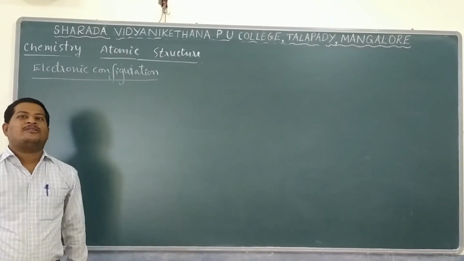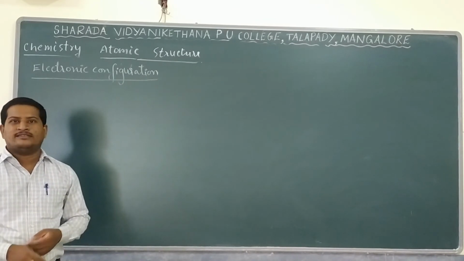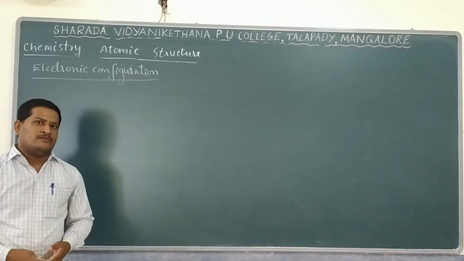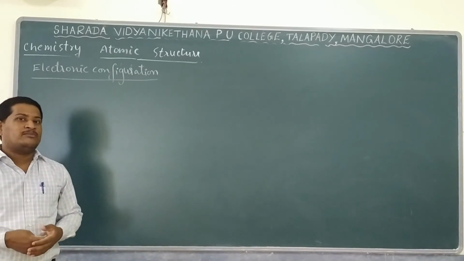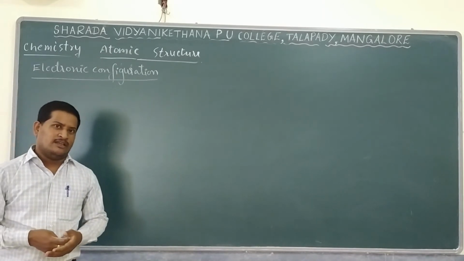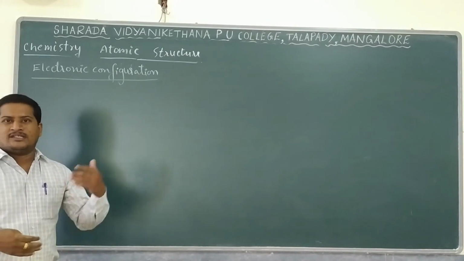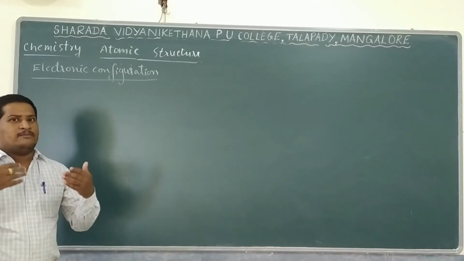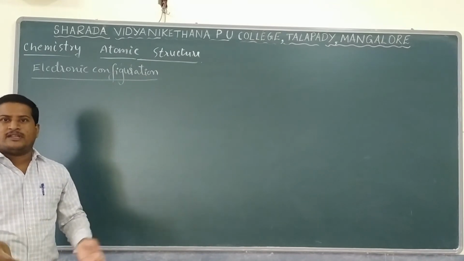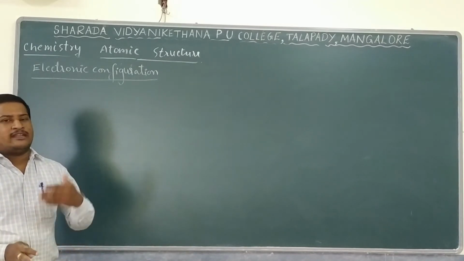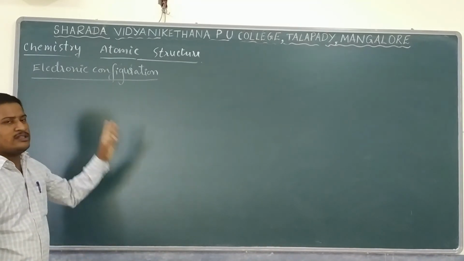Let us see very important aspects in the case of atomic structure, which you also learned in the lower classes: electronic configuration. For all physical as well as chemical properties of an element, one of the important measurable properties is electronic configuration. By knowing the electronic configuration, almost all types of chemical reactivity and stability, and some physical properties like magnetic property, electrical property, conductivity, whether it carries positive or negative charge, and bonding, everything is explained by electronic configuration.